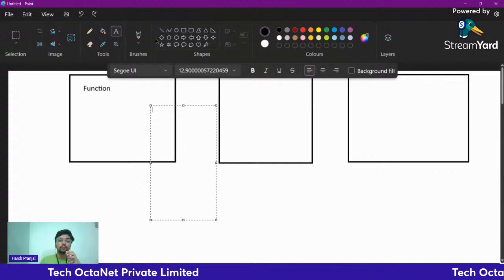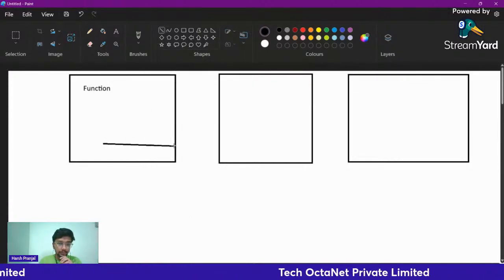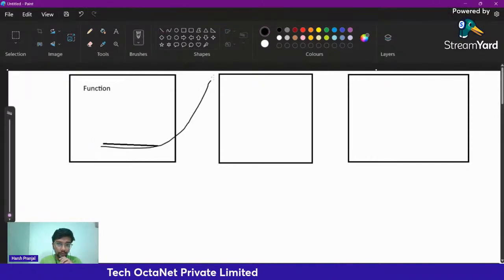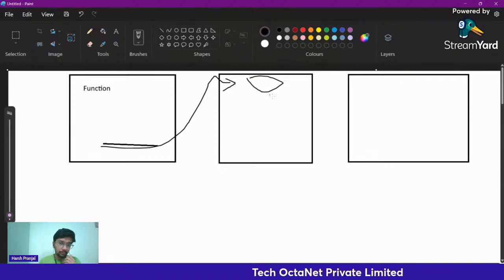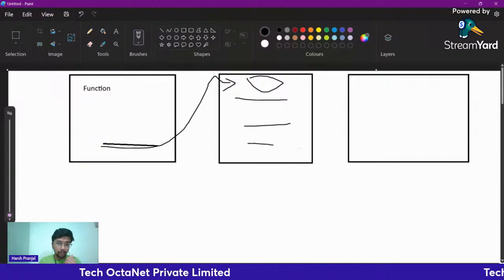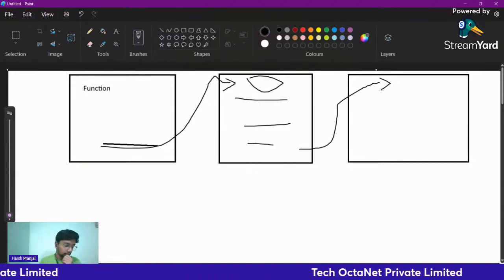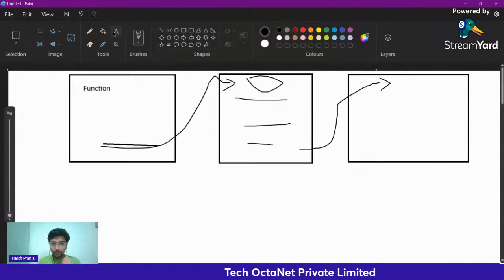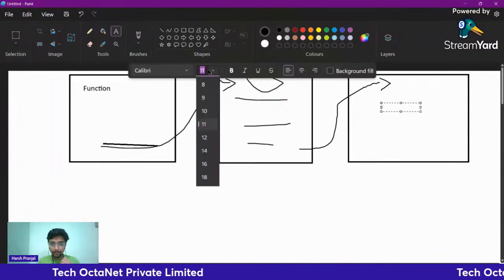So what happened at the return statement? This function is again calling itself. Suppose this is also the same function block. This one is also the same function block. After executing each line, this function block is also again calling the same function block. Okay. Suppose we have given an exit statement